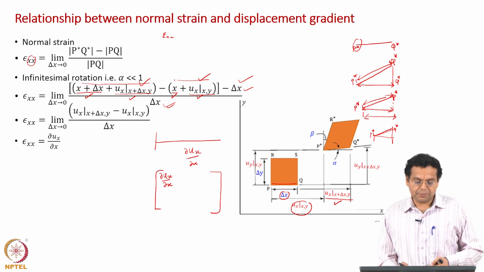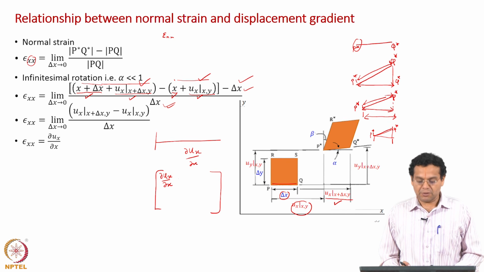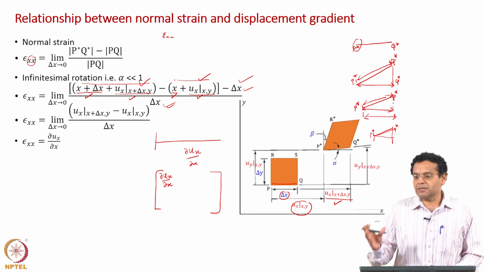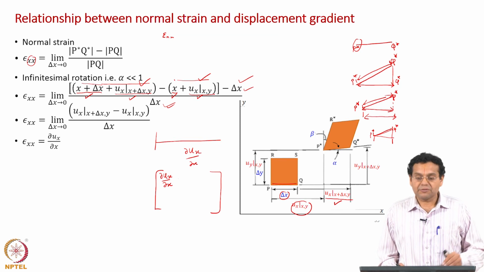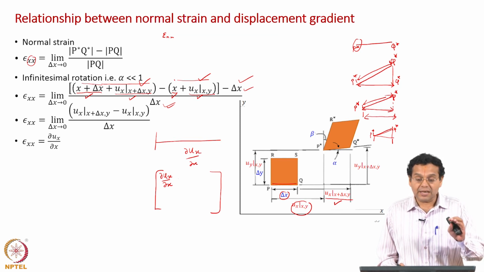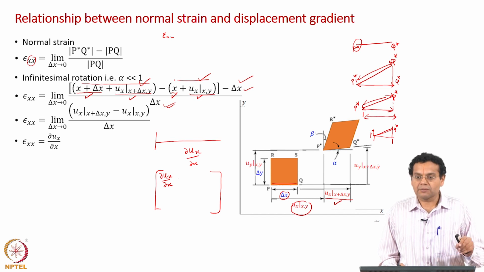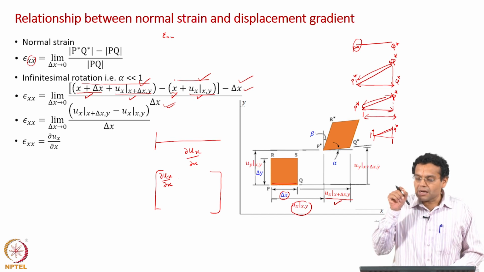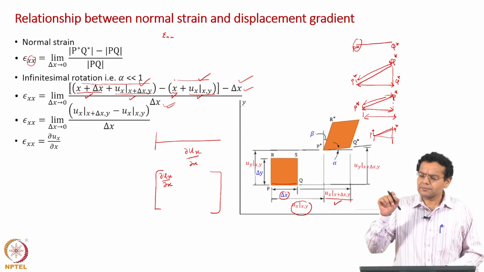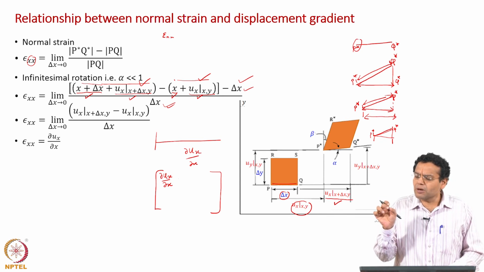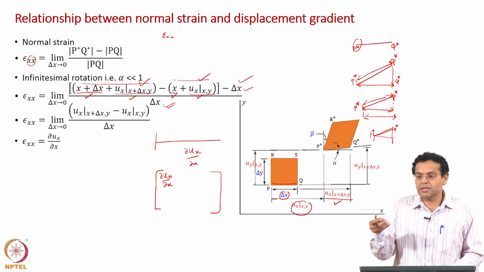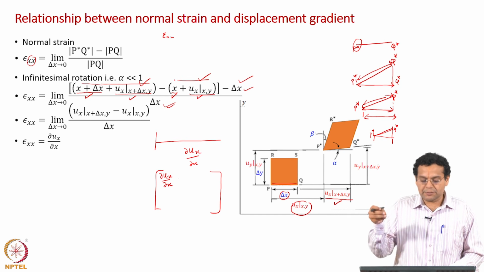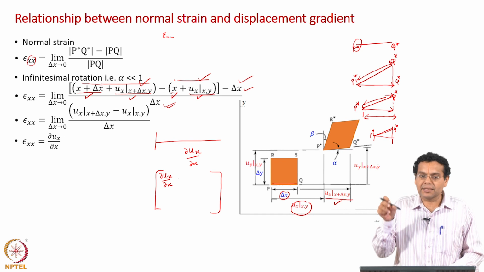When you look at dou ux by dou x, one mathematical way of looking at it is how the x displacement varies with x, looking at it mathematically. But now, look at the physical significance, because it has got a nice physical significance: normal strain. What does it mean? If at a point, remember all our point definitions, at a point you take a small length, and based on the application of force, epsilon xx or dou ux by dou x tells you the fractional change in length of that line segment at that particular point.